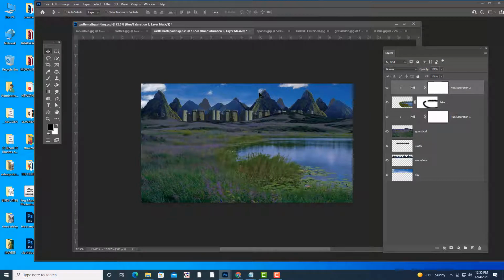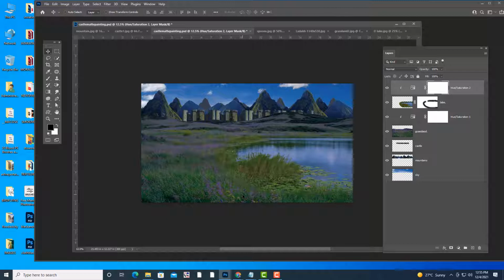Okay. So what objects we can put? Okay, because it is a castle, you can actually let us put one old car. You can put a horse. Horse or cart.